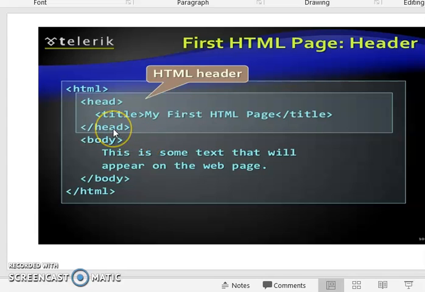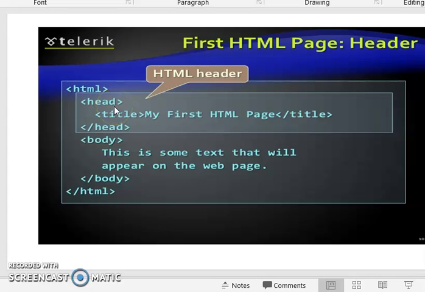So first we can discuss the head tag. This is a head tag, head/head, and within the head tag there is a title tag, that is title/title, and some content is put here, that is, my first HTML page. So whatever we write within the title/title, that is, opening tag title and closing tag title, will appear in the browser header.